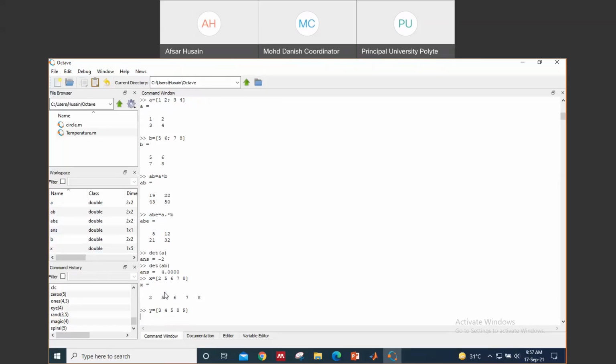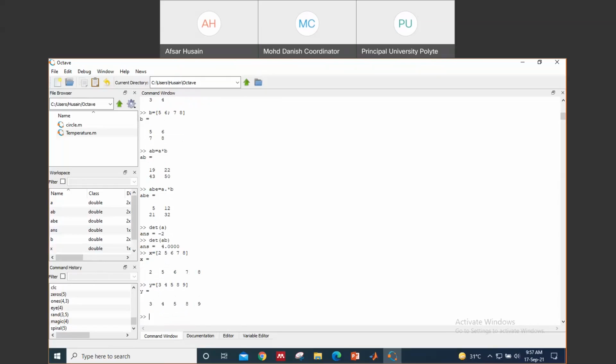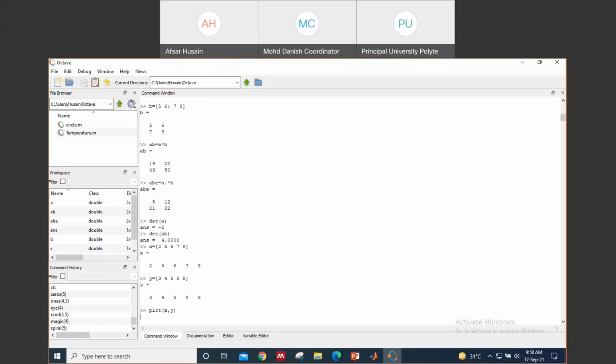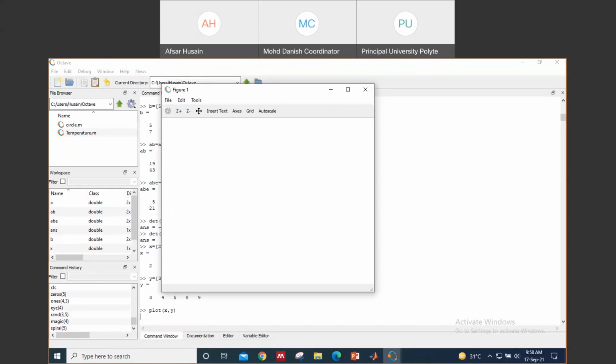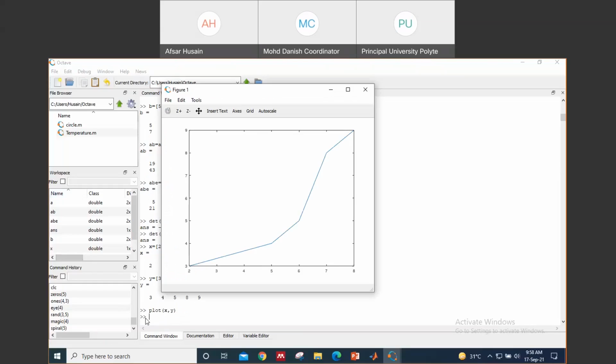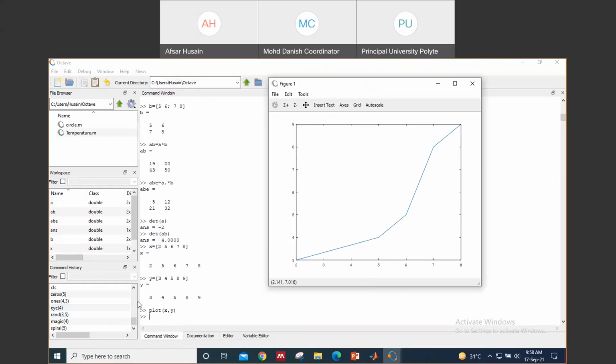Okay, so x and y values, and plot. Plot x comma y is simply this, and if you want to label it, you can simply do